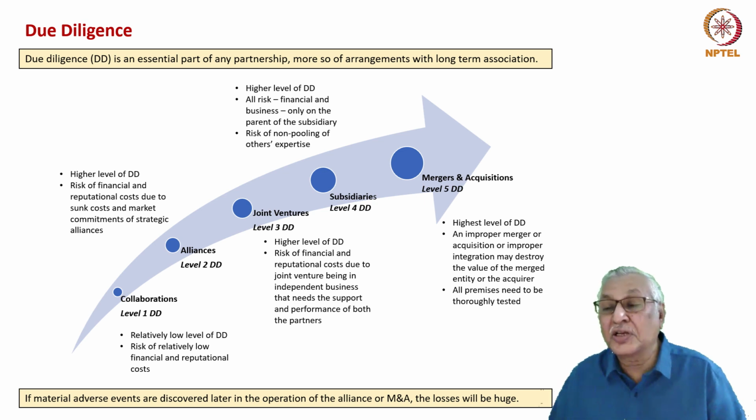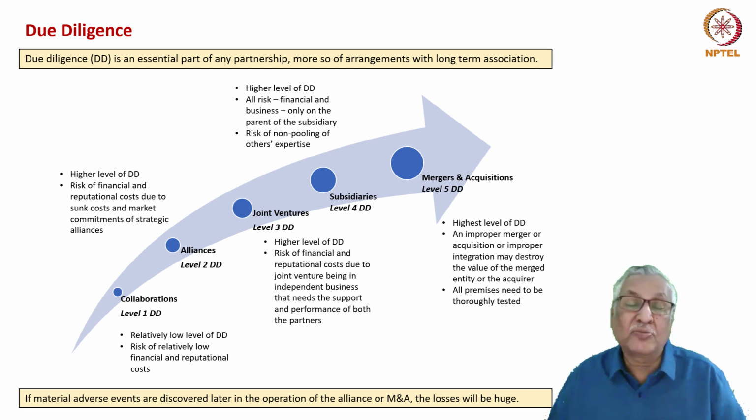Then you have mergers and acquisitions, when two companies become one because of the merger process or acquisition process. The challenge of due diligence is the highest. An improper merger or an improper acquisition, which will be followed by an improper integration logically, may destroy the value of the merged entity or the acquirer. Therefore, before you undertake a merger or an acquisition, you have got to conduct deep due diligence, which counterchecks and verifies all